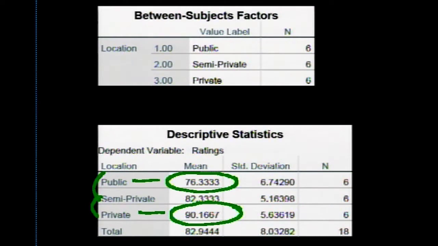You would be able to make some decisions based on the data. If I were debating whether a semi-private or private location, I know there isn't a significant difference between those two. Or I might say, I only have a public or a semi-private setting available, and we know those aren't different. So truly, all the way public or all the way private is where the difference lies.